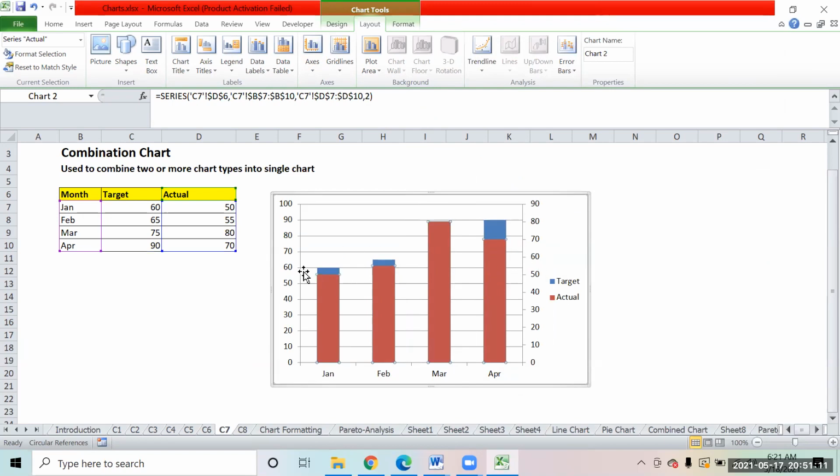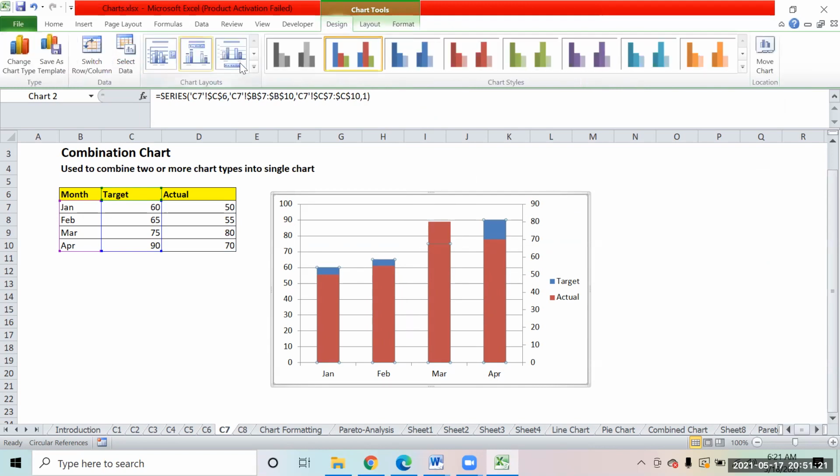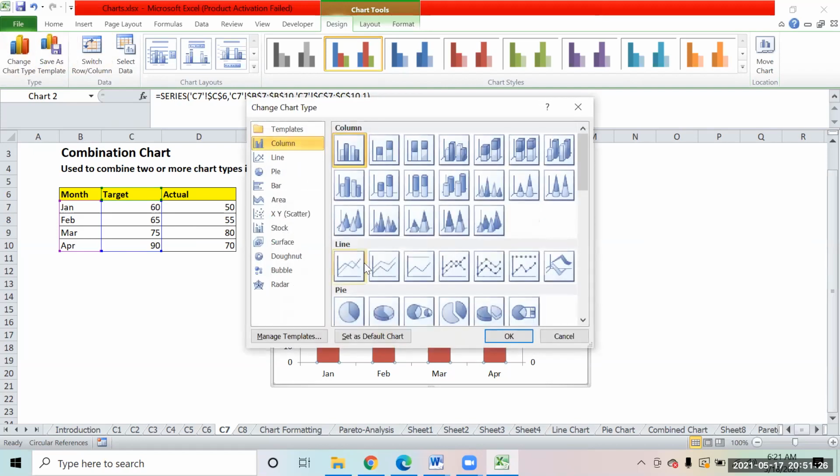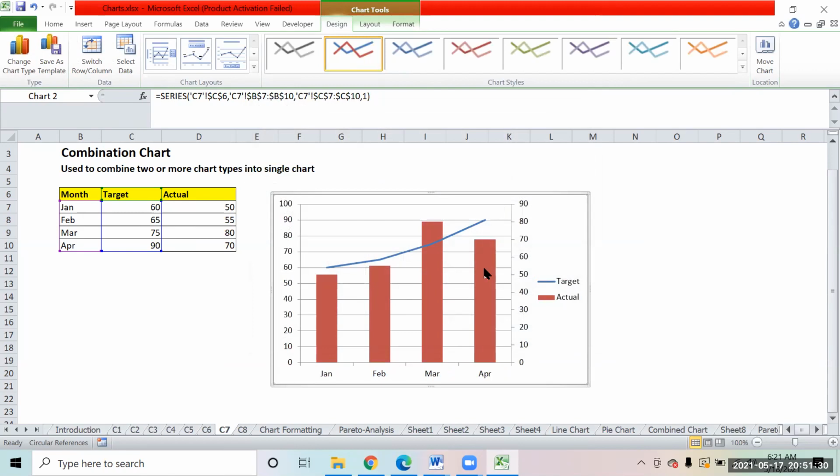So you see on one side you have one axis, on the other side you have another axis, primary and secondary. And now what you do is you change one of the chart types into a line chart, right? You can change the chart type into a line chart. So now you will notice, target is coming on the line chart, and you have the actuals on the bar chart. So you can see these two things that are coming, right? The vertical value axes measure this value and this value. So just give me 2 minutes, right? I'll just come back.